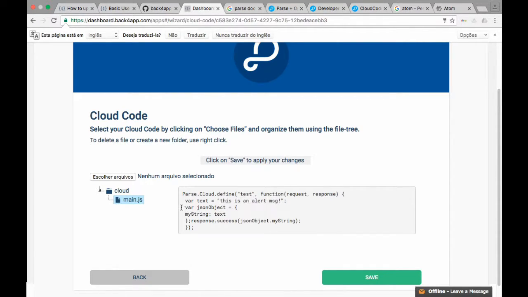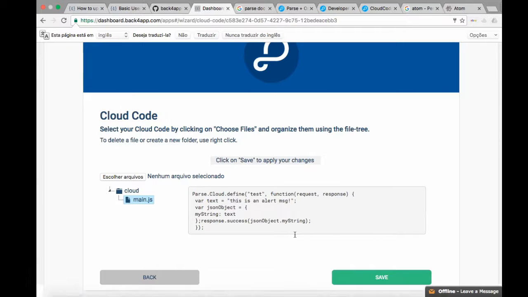I've made an object that has a property that receives the text variable, and then I'm going to return the string inside the object. It's always a good practice to make objects and return everything as a property or the object as a whole. So let's now go back to the